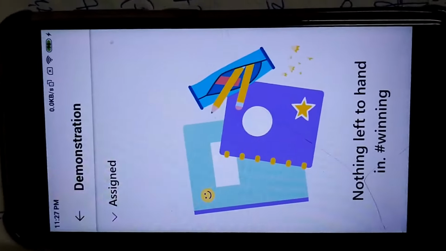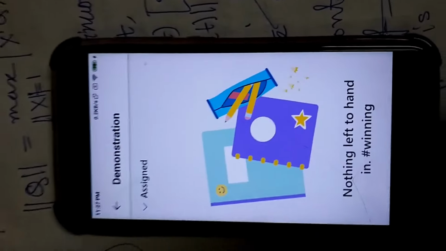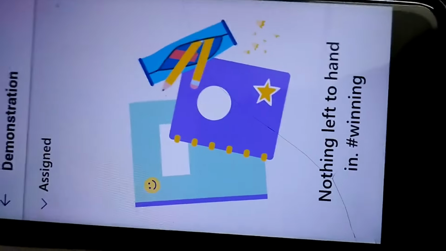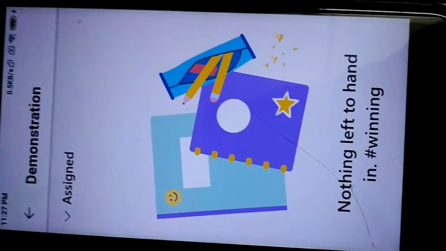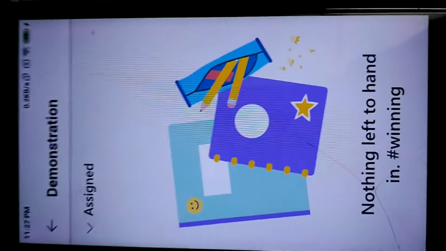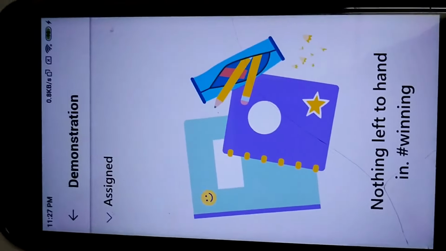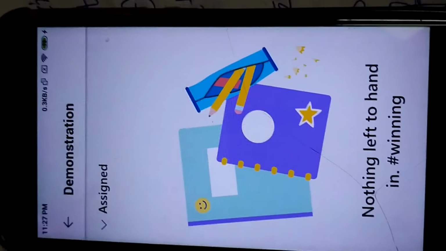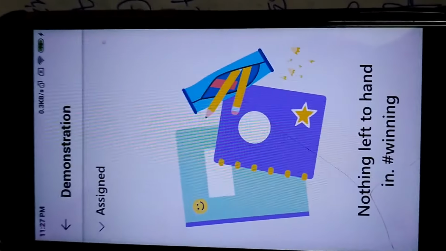Now one thing: you can use any scanner, but do not use CamScanner, because CamScanner has been banned, and I'm not sure what the present status is. So it is better to avoid any kind of controversy and do not use CamScanner. Otherwise, I cannot consider your answer script, right?